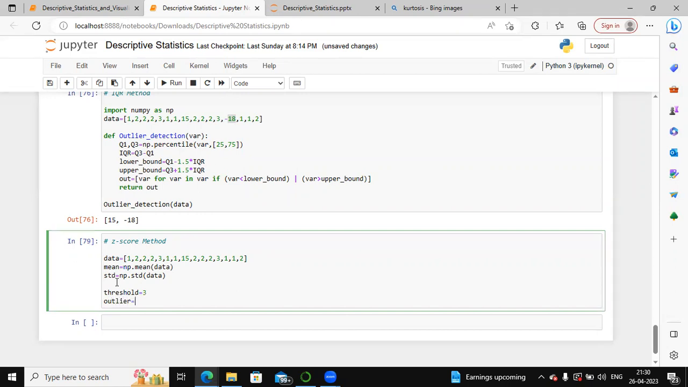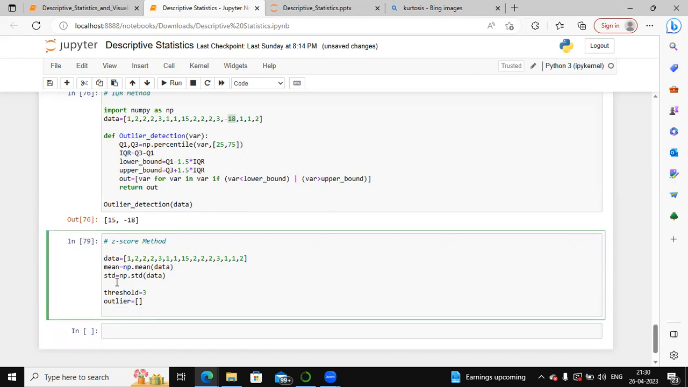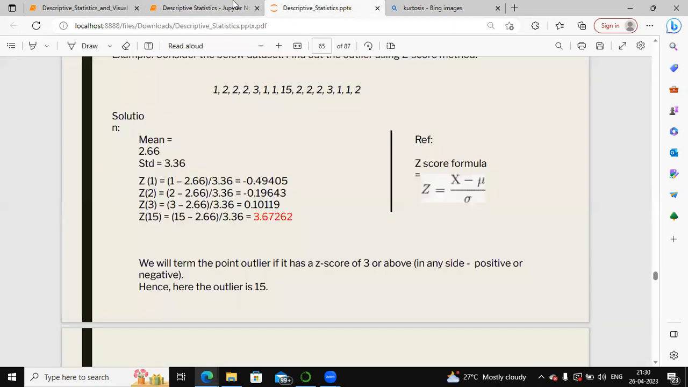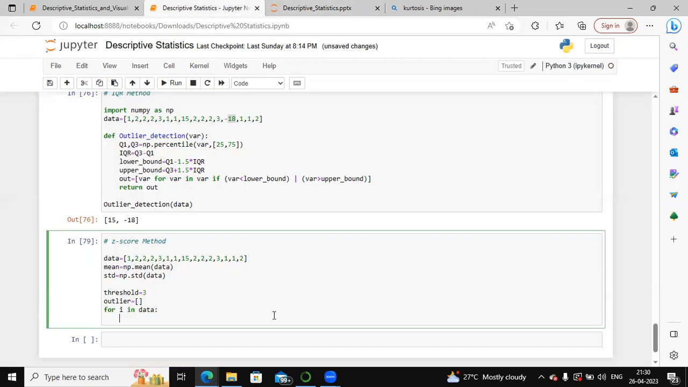Outlier list is equal to an empty list. So for i in data, how can we find the Z score? Using x minus mu by sigma. If i minus mean by std is greater than 3,